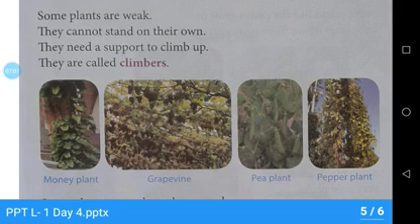Spice means masala. Masala which mother uses in our cooking, that is known as spice. And this is one of the spices. There are so many, but pepper plant is a climber and it is a spice. Pepper in Marathi it is known as miri. Those are small, round, black color seeds. You eat those seeds in pulao or biryani. Okay. So these are pepper seeds and this is pepper plant. This is a climber plant.